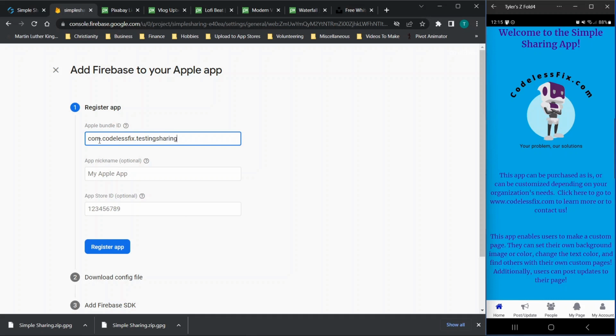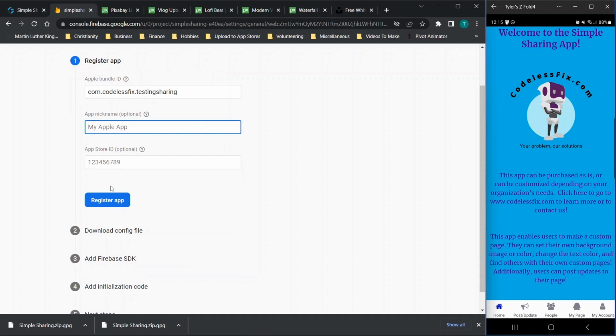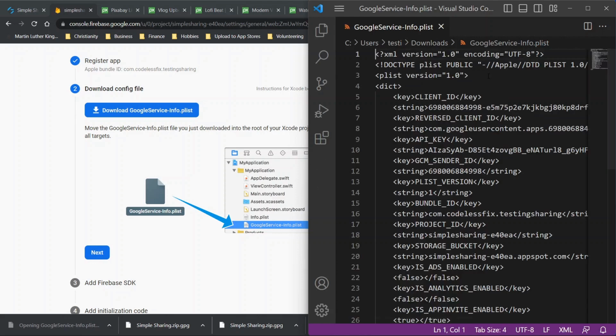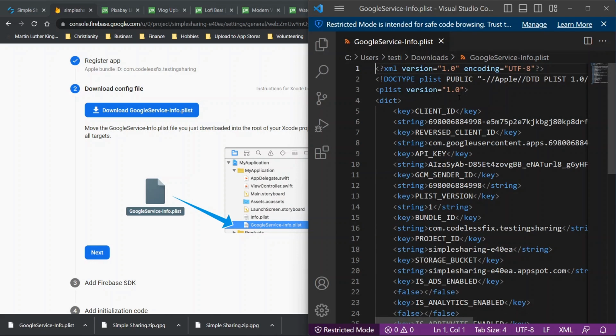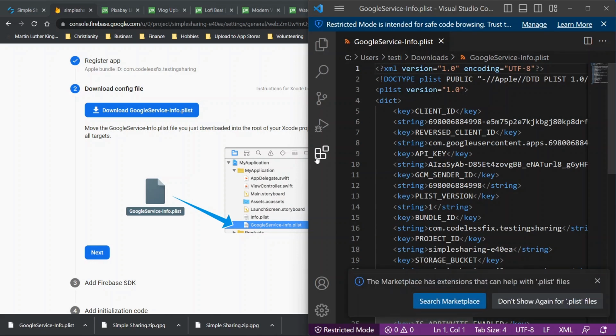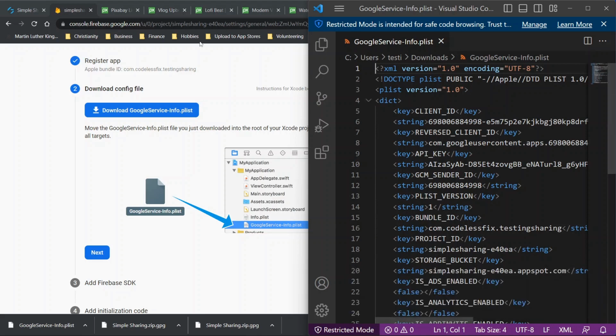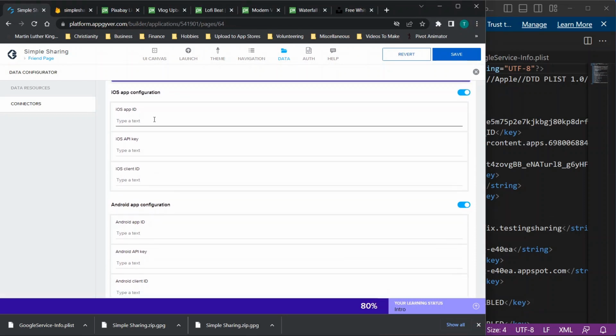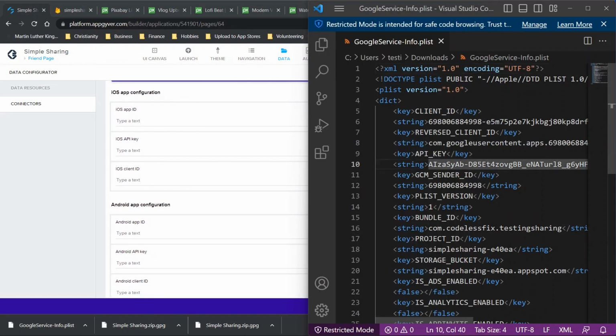I'm just going to call this something that I'm never going to use. I'm not going to nickname it, but you would obviously want to put your app ID and nickname. And then you can download your config file. When you download that, you'll get something that looks like this. I have mine opened in Visual Studio Code. I think you can open this in, if I'm not mistaken, Notepad or Notepad++, but all the info that you need is here. So the idea is if we go to our iOS app configuration here,